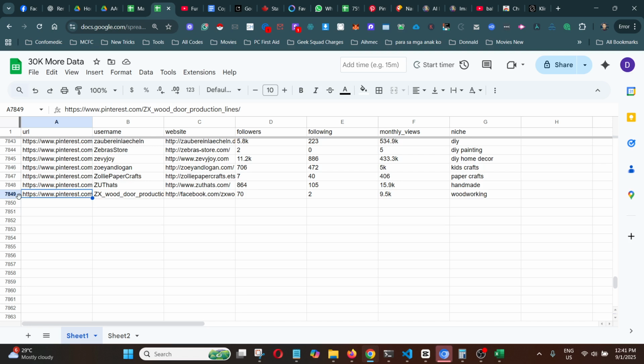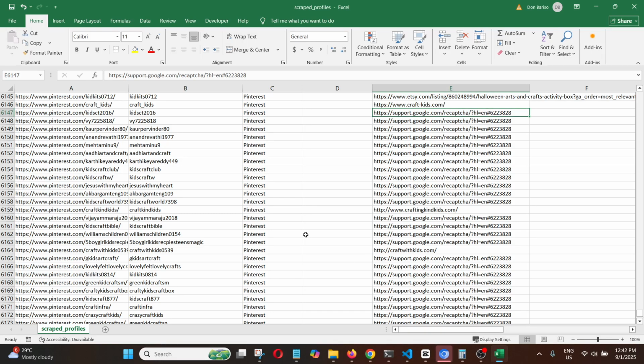It's not 49, it's 48 because of the first row, right? It's for the header. So it's 7,848. So if I'm going to paste this file, it's going to increase the number